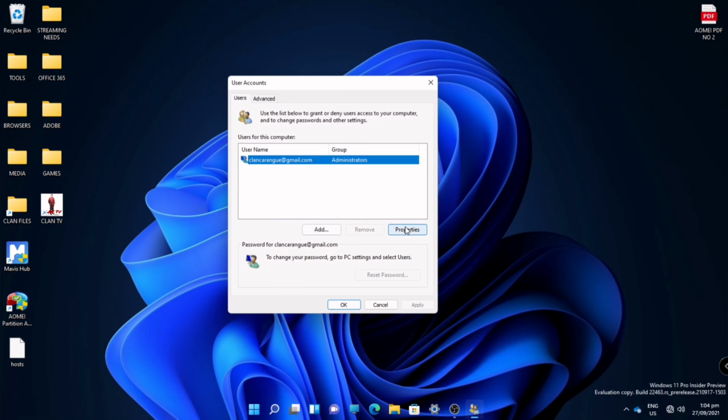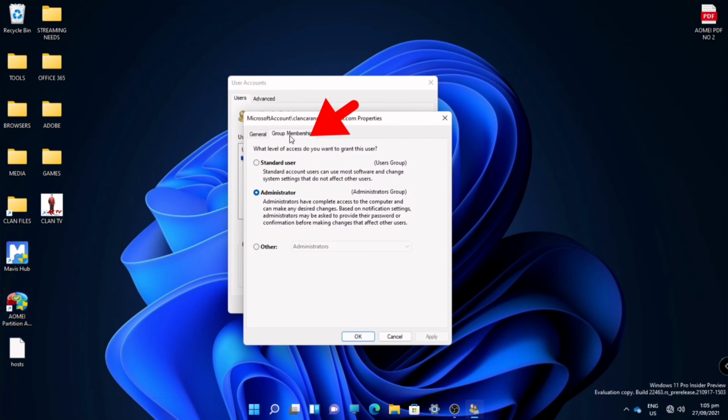But what you're going to do to set it up is go to properties, just click the properties and go to group membership. There are two options here, which are standard user and administrator. To become an administrator, click administrator, since you will be in standard user first, and after that go